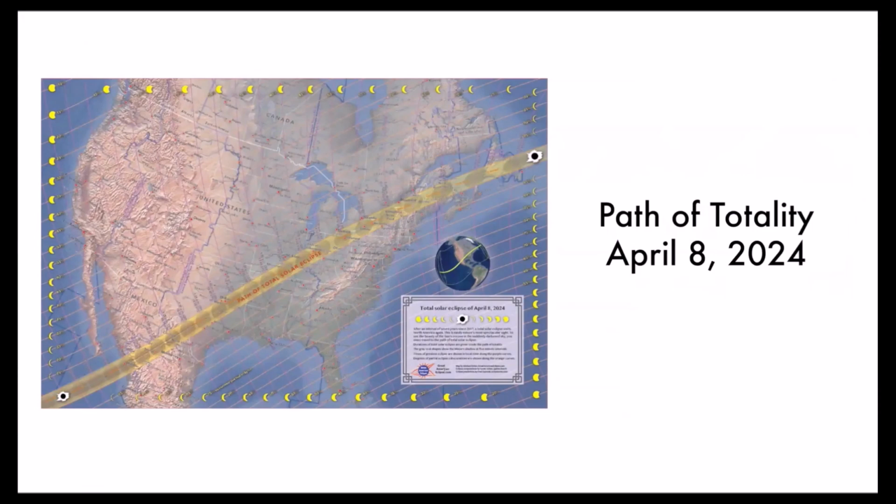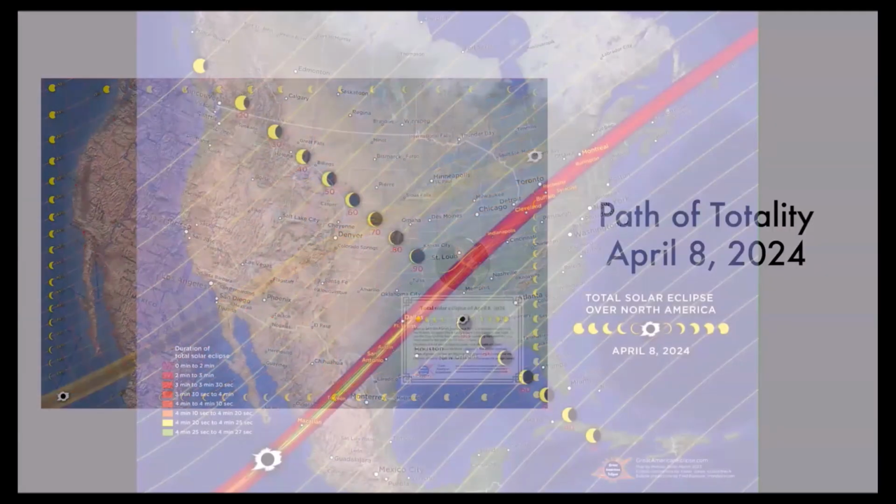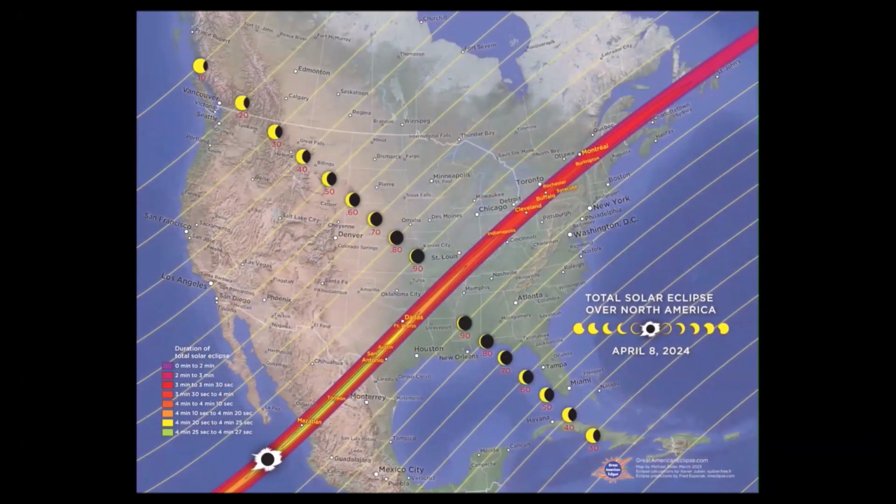Now we're going to take a tour through the path of total solar eclipses on April 8th. This map gives you an overview. The figures on the side show the maximum partial eclipse that you'll experience on eclipse day. But the real emphasis, the visual focus, is the path of totality. And so I made a color ramp that shows where the duration of totality will be longest, which is the